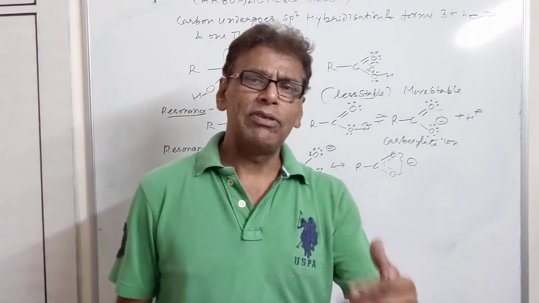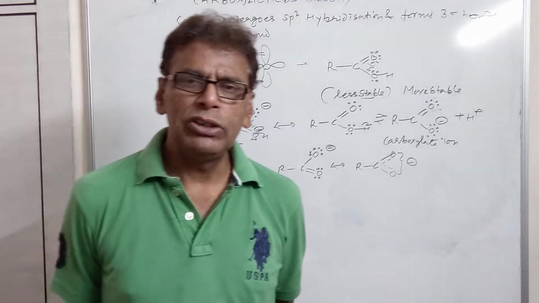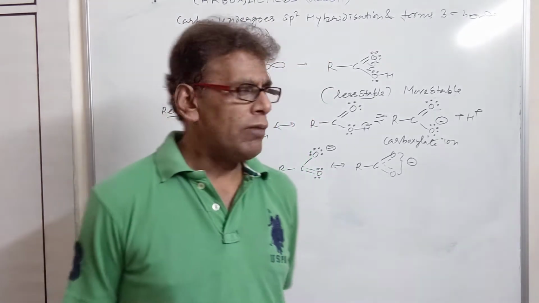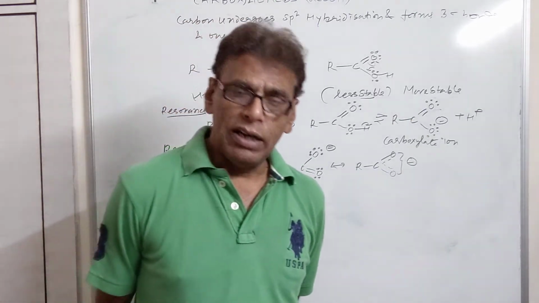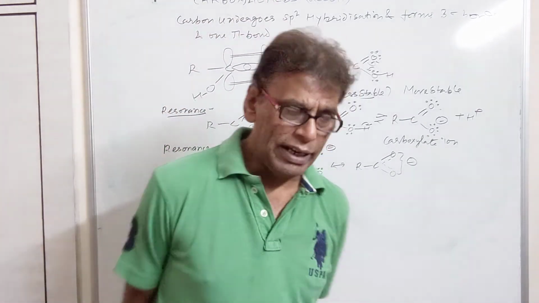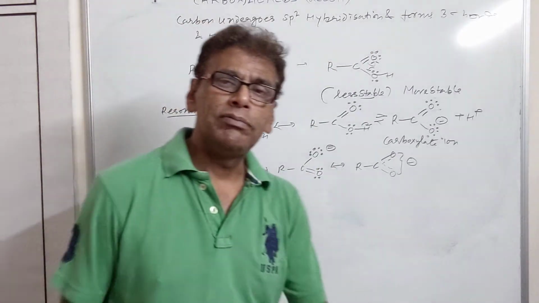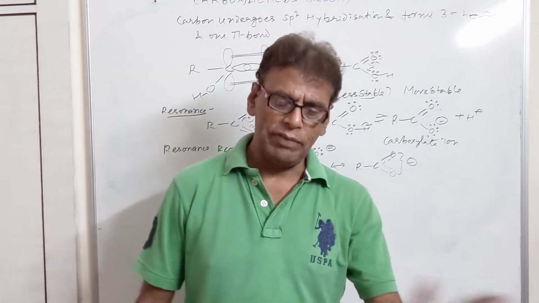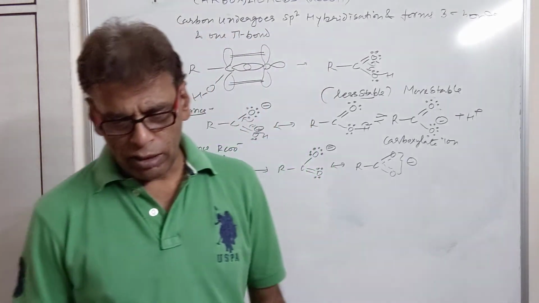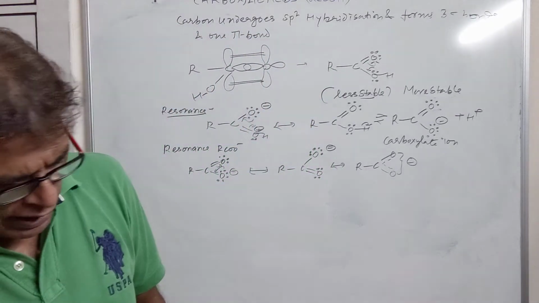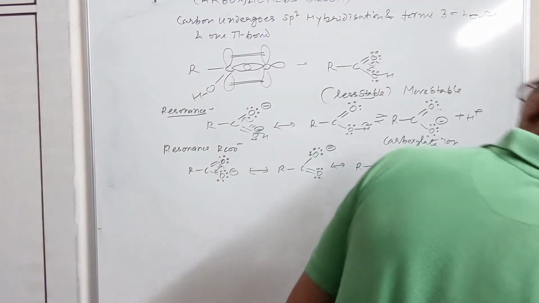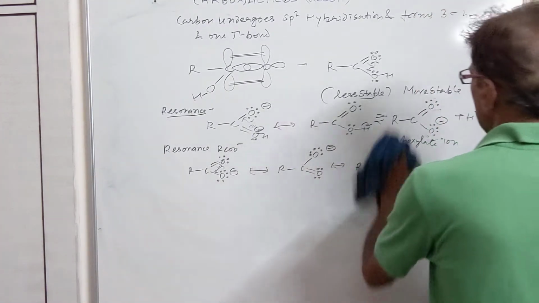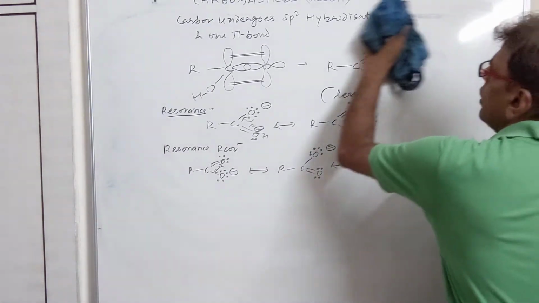In phenol, negative charge is stabilized by only one oxygen atom, and benzene ring also, but benzene ring does not help, so it is oxygen that helps in the dispersal of negative charge. But in alcohol, oxygen is not able to stabilize that negative charge due to plus effect of the alkyl group. So we can say carboxylic acids are stronger acids as compared to phenols, as compared to alcohols. Alcohols are the weakest among carboxylic acids, phenols and alcohols themselves.